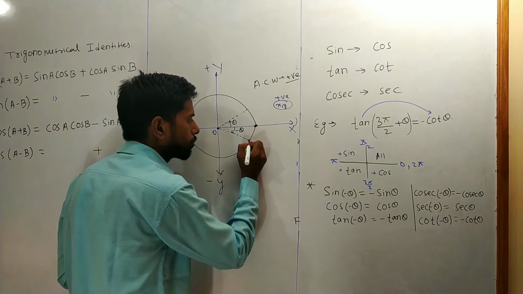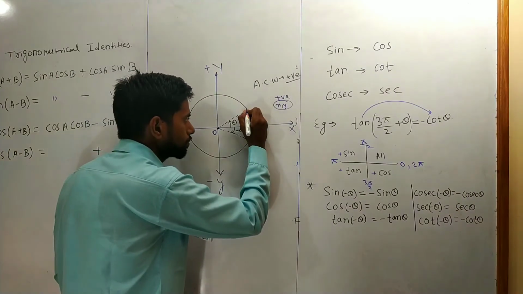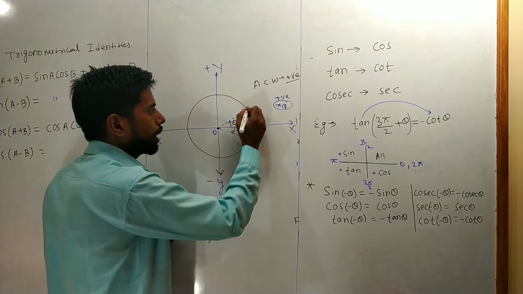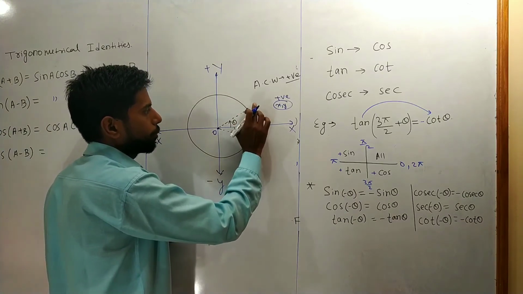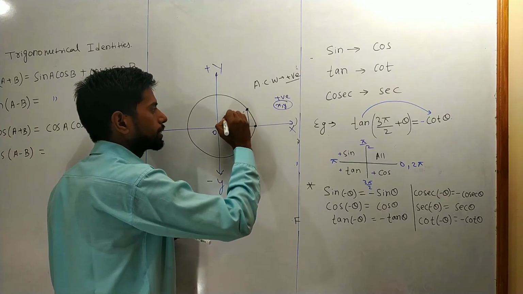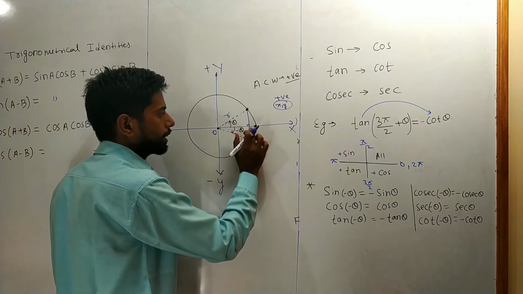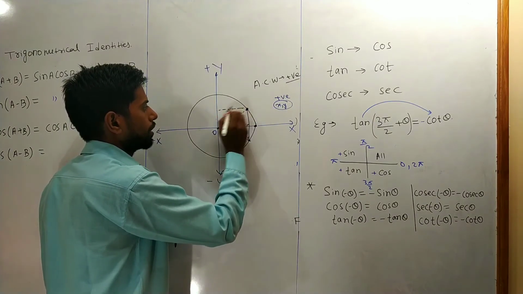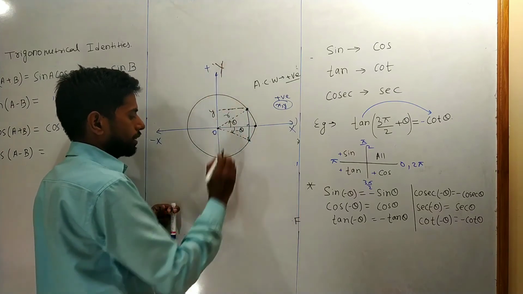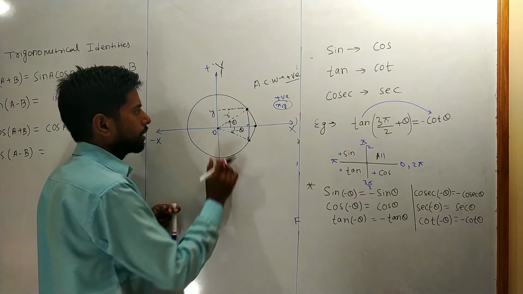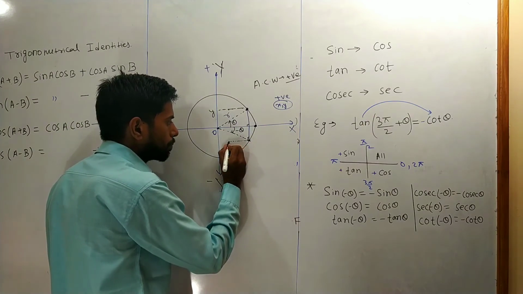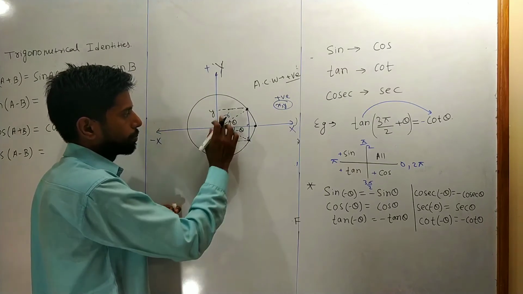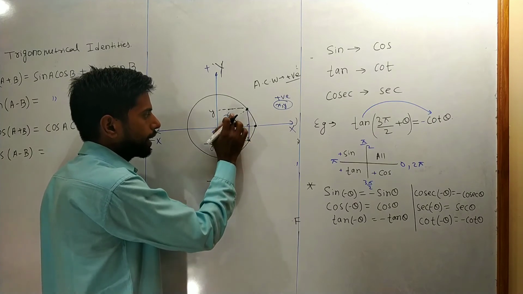If we draw a perpendicular from here, this is the perpendicular. So what is the coordinate of this point? This length is suppose r, this is the x-axis and this is the y-axis, and this is capital Y. Similarly, if we project a perpendicular from here, we get negative y, because this is the negative y-axis and this is the positive. If both have the same angle, then this length and this length are the same.